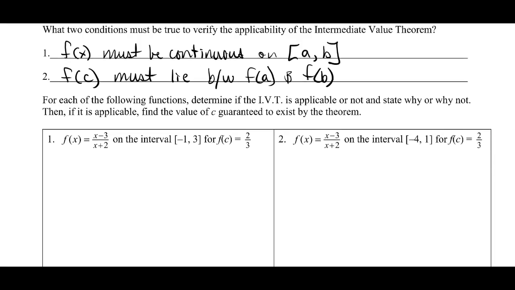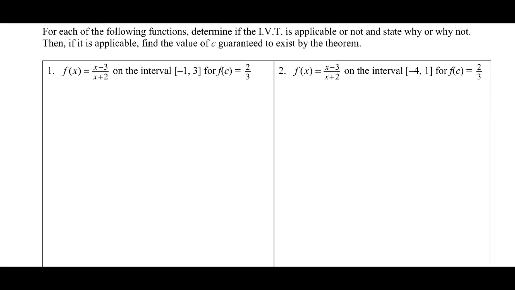In our previous examples, we looked at this graphically. Now we're going to see what this is like analytically. Now we want to read our instructions very carefully. There are several parts to this. Generally each time you find a verb, that's a part of the question. The first is determine, does the IVT apply? And secondly, we need to state why or why not. Just because the IVT does not apply doesn't mean we're done. We need to state why it does not apply. Finally, if it does apply, then we need to find the value of C. So these are the three parts